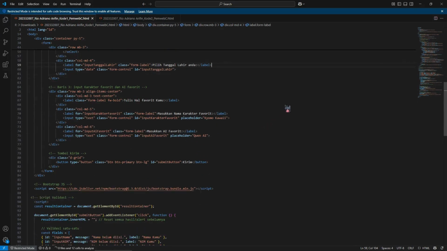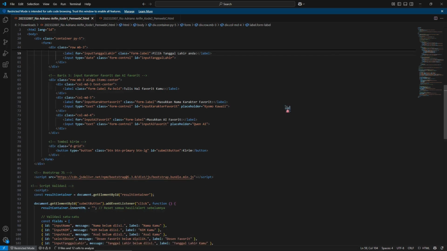Okay, next we go to row number 3, for favorite character and favorite AI. This row allows users to input their favorite character and AI. These fields are optional but add a fun touch to the form.